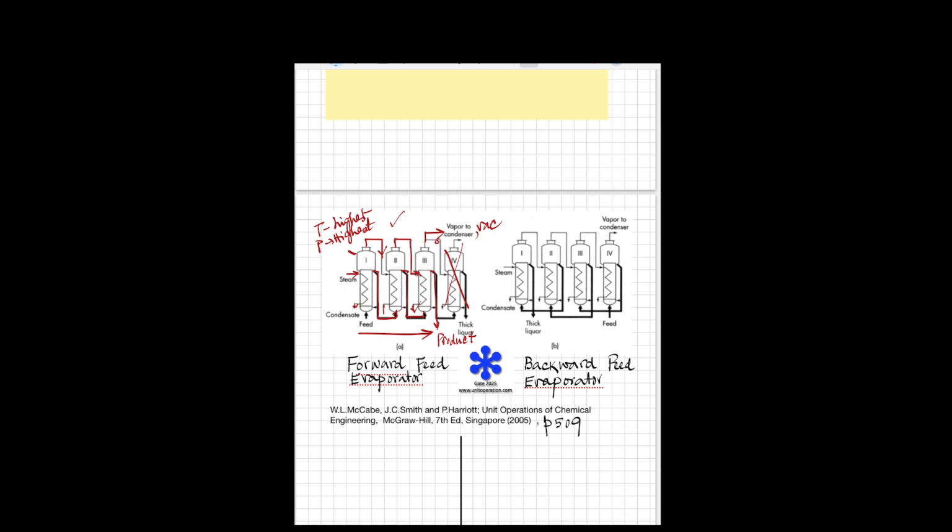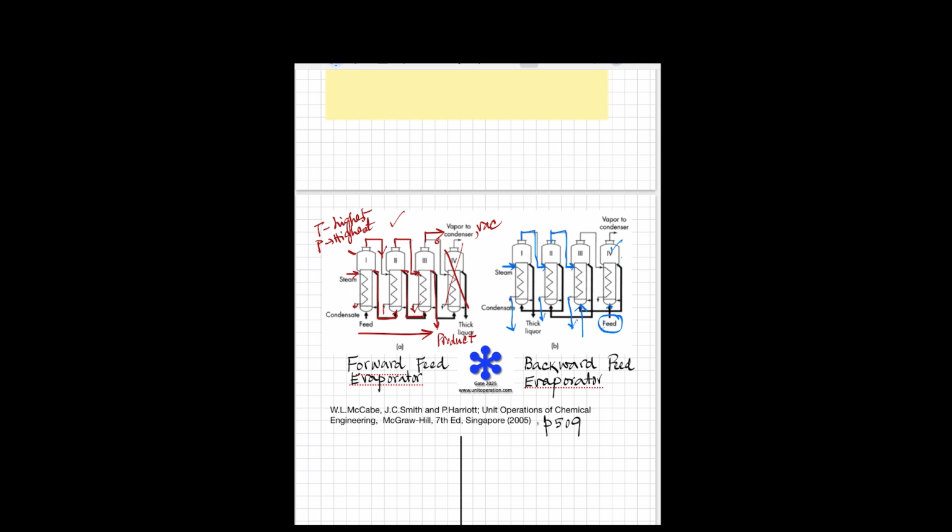Okay. Now, let us look into the backward feed evaporator. In case of the backward feed evaporator, the flow of steam remains the same. So, it enters the steam chest of the first evaporator, and the vapor from the first evaporator goes to the second, and the vapor from the second goes to the third, and of course, the condensate from each evaporator comes out and goes to a common manifold. And the liquid here, there is a fourth effect shown. It will be same for the triple effect evaporator also. The cold feed, the fresh feed enters the last evaporator. Here we have shown as 4, but actually it will be entering here,